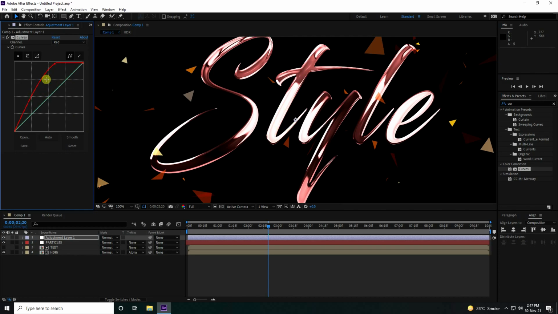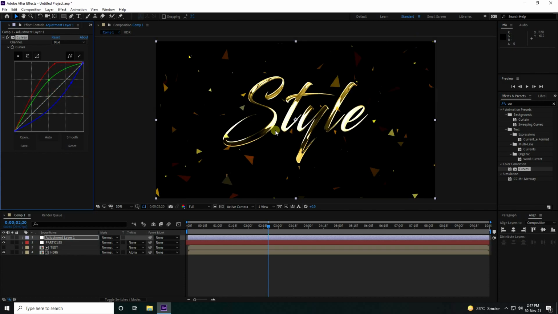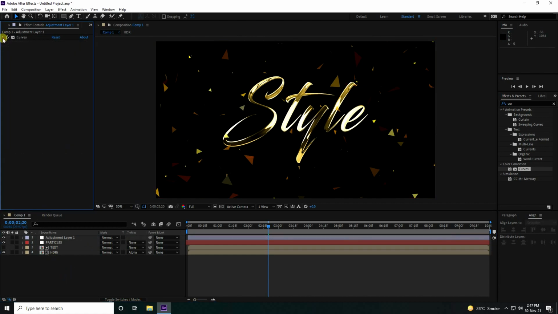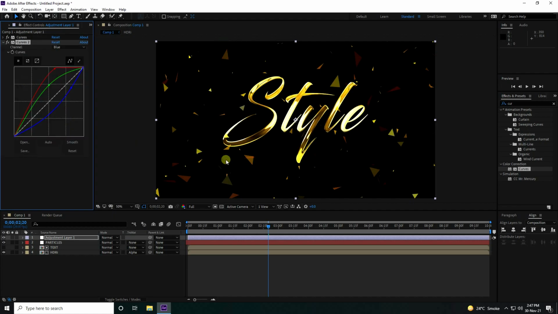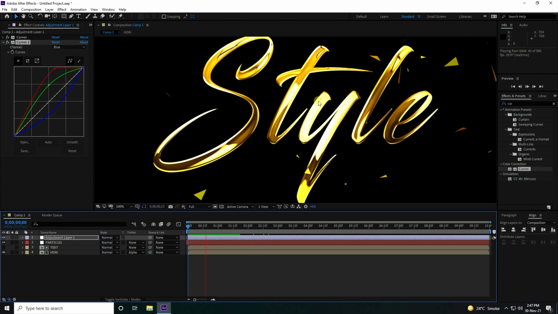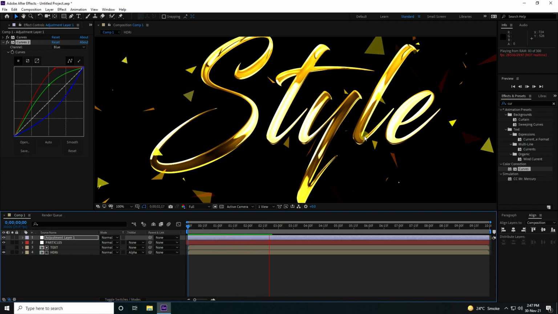Go to green and increase it like this, it's good. Then go to blue, much better. Select this curves and duplicate it with Ctrl D. It's really beautiful. See, that's my final looking gold effect.